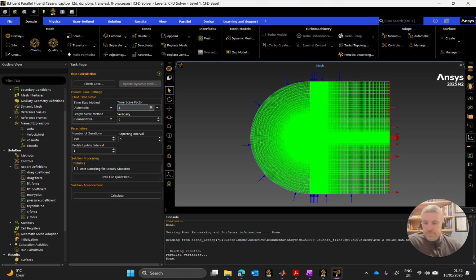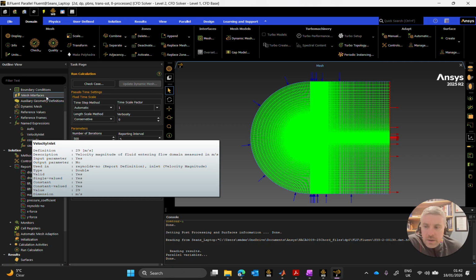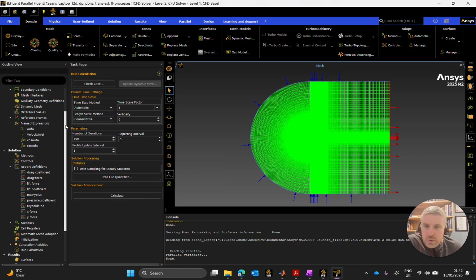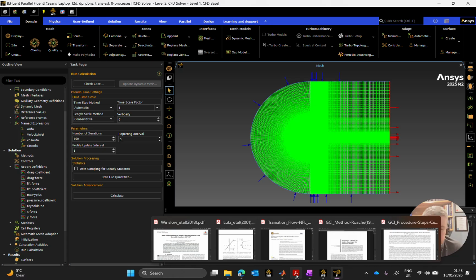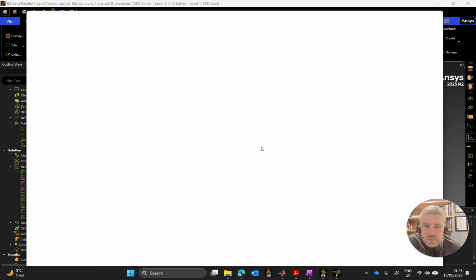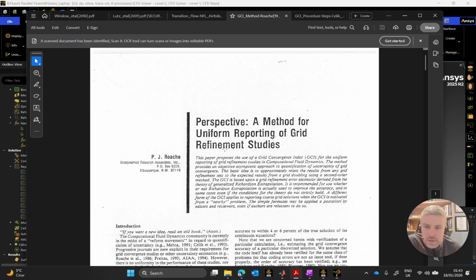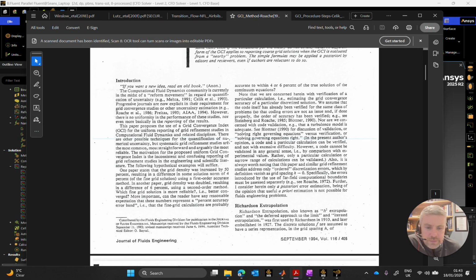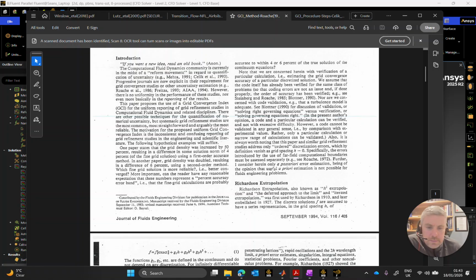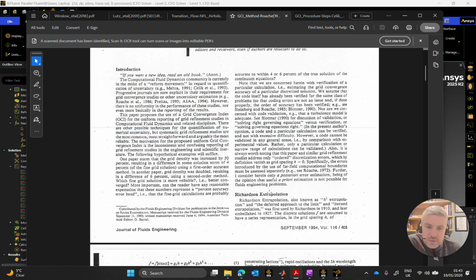So yeah, let's go on ahead, and what we'll do is we'll set up a couple of parameters here now for the grid convergence index method for mesh independence. Now, what about this method here? Well, this method here was, I believe, penned by Roache, P.J. Roache. Here it is here, September 1994, I believe it was, which is based really on Richardson extrapolation,